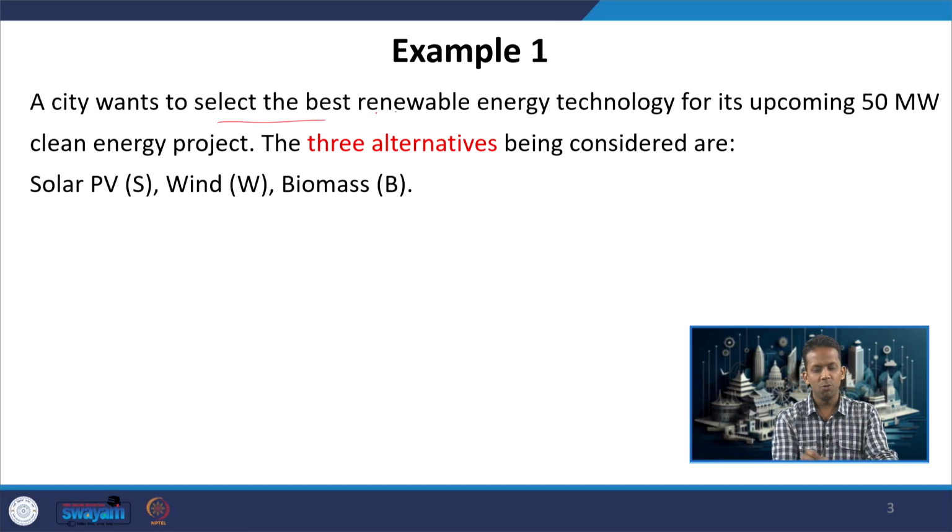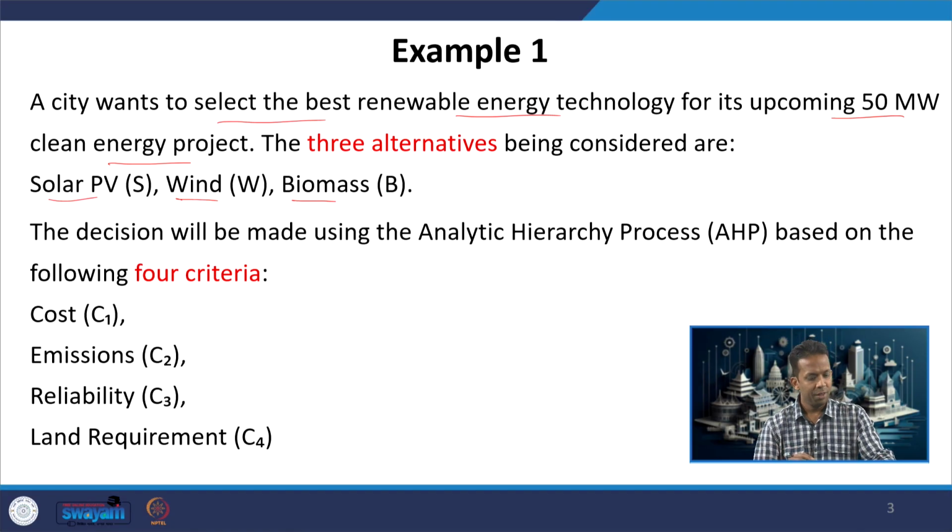A city wants to select the best renewable energy technology for its upcoming 50 megawatt clean energy project, and the three alternatives for that city are solar PV, wind, and biomass. The decision has to be made using AHP based on four criteria. The four criteria that are of importance to the municipal corporation of that city are cost, emissions, reliability and requirement